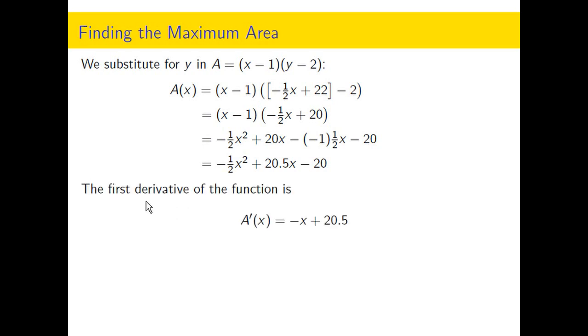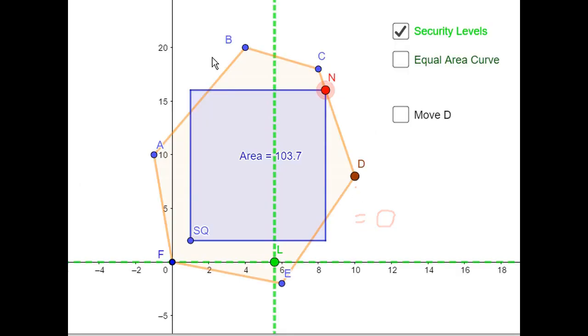Right, it's not equal to 0, it's a function, but we're trying to find the critical points, which happen when we set this equal to 0, and when I do, you'll see that x equals 20.5. But notice what's going on with this solution, right? 20.5 is way over here. I don't even know if you can see that on the side of the screen, and it's not within the